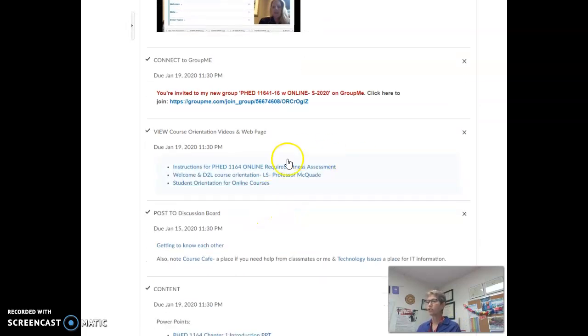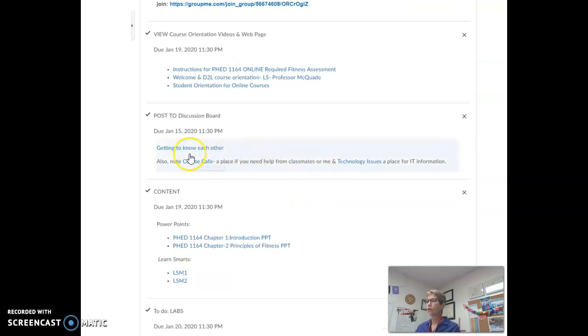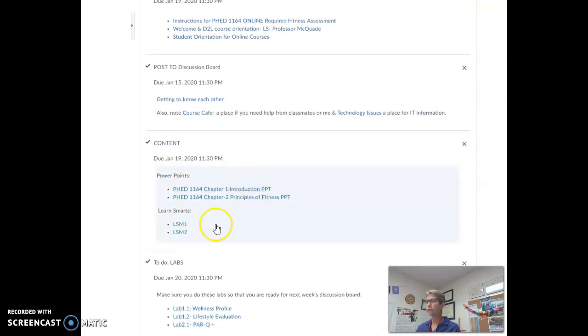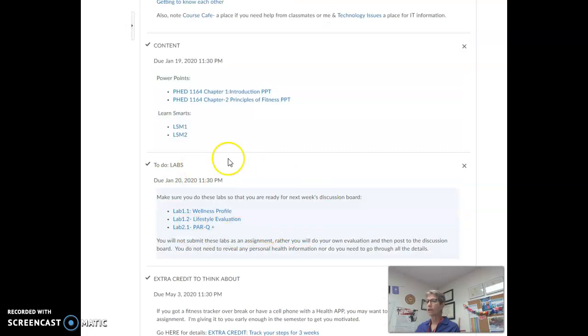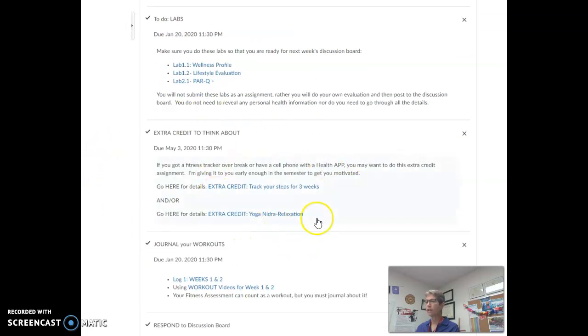And here's some instructions for the fitness assessment that you're going to be doing. You're going to post to the discussion board. Here's content, your LearnSmarts. And this is the labs that you're going to be doing that first week. And then you might want to check out these extra credit options, which will carry you through the end of